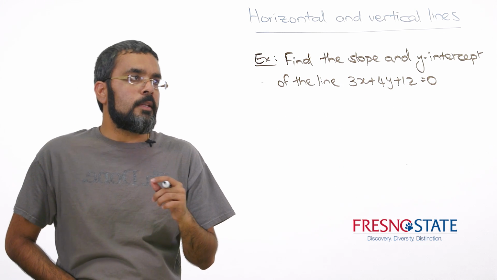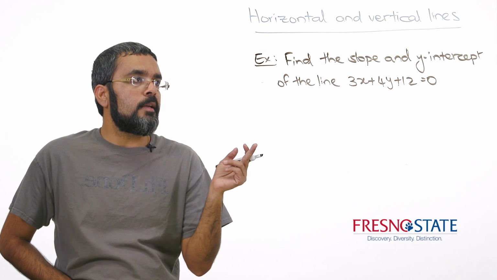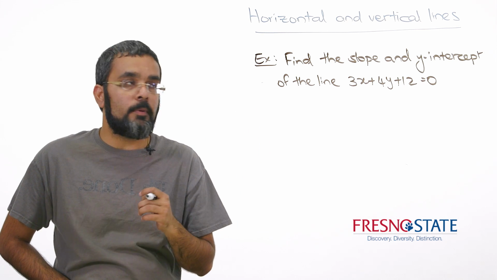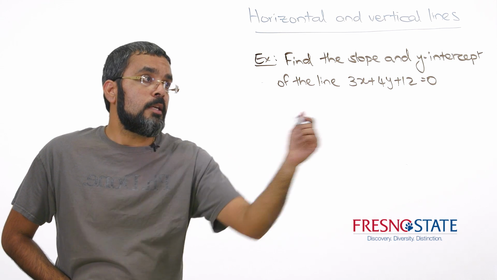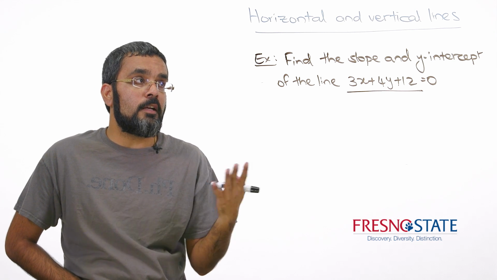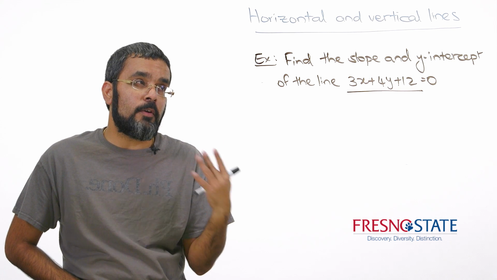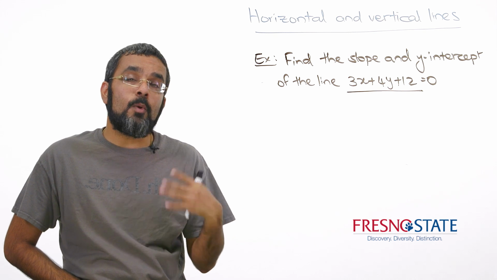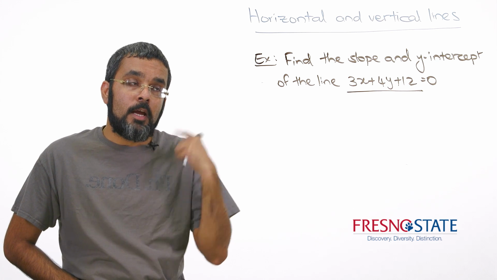Okay, so let's look at this example. We want to find the slope and y-intercept of the line 3x plus 4y plus 12 equals 0. Notice here that this equation is in the general form, right? And so it's not very clear. That's the drawback of the general form, it's not very clear what your slope is. So how do I figure out what my slope is? If you recall,